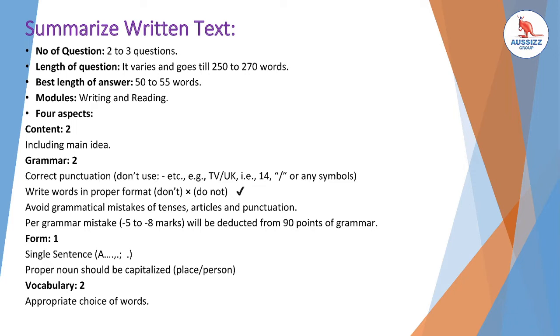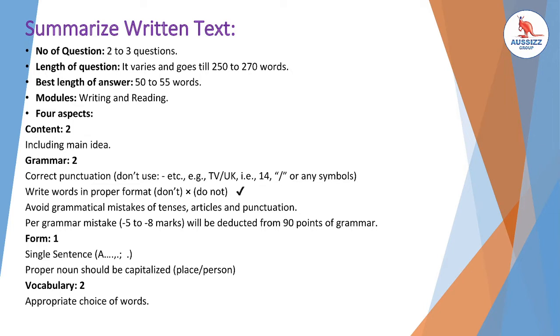Now, as you are writing any answer in the box, the system would expect you to consider the enabling skills. Which are those? Content, which means whatever you are writing in the box, it must be relevant to whatever is given in the passage. Whenever you are writing any answer in the box, definitely grammar comes into consideration, because writing is one of the important skills. As well as talking about the form, whenever you are drafting the answer, definitely it matters how many words you are writing and how many sentences you are writing.